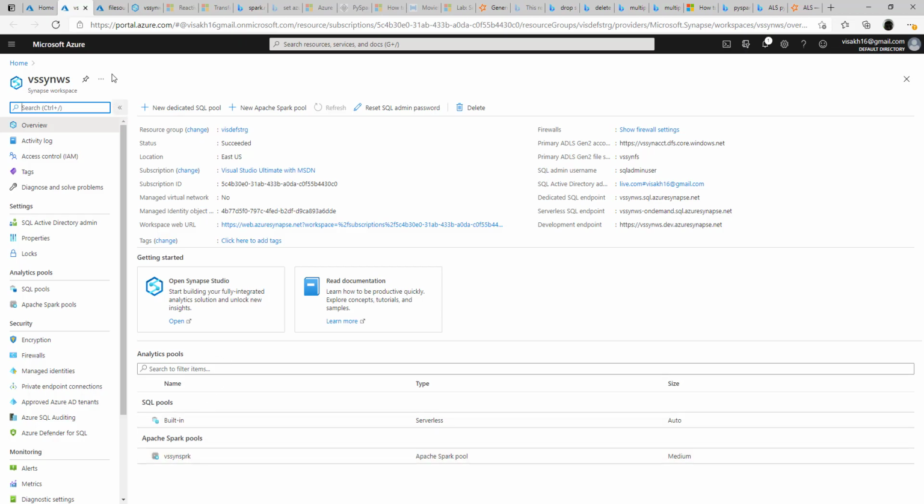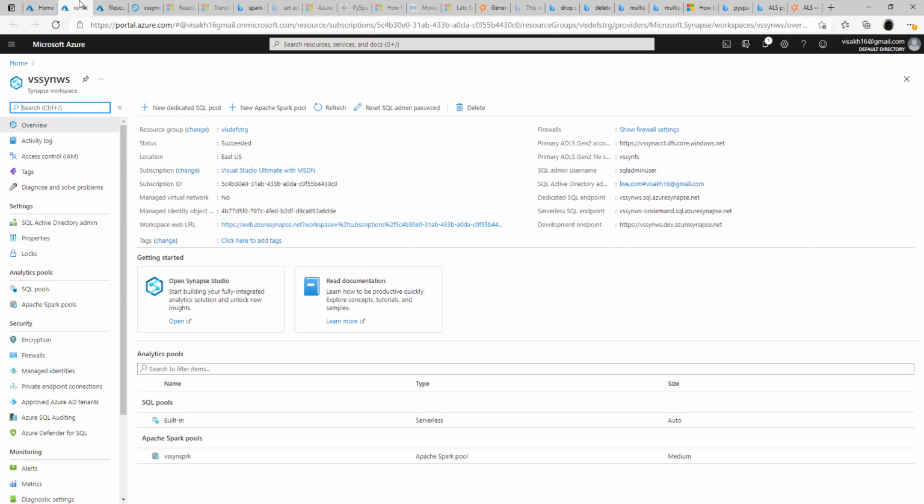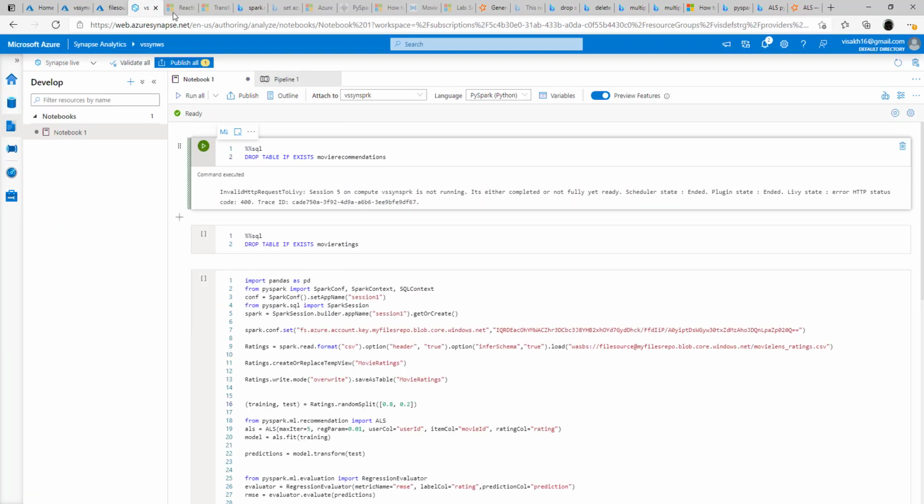So we have already uploaded the file to the Blob Storage and this will be utilized inside the Spark pool for doing the required processing. And because it is inside the Spark pool, we will be using PySpark related code for performing the required operations. So let's go and see the notebook that we will be creating for this purpose.